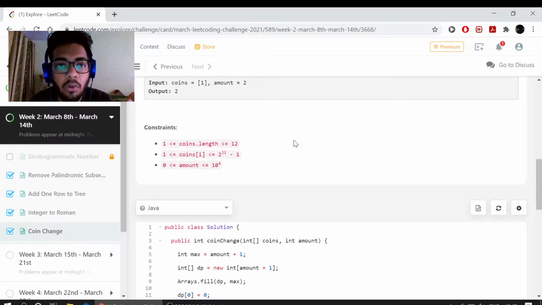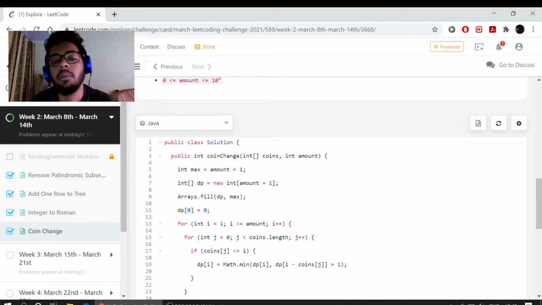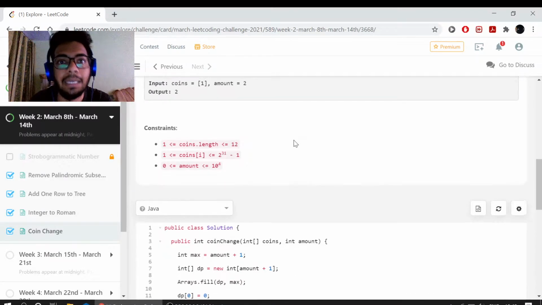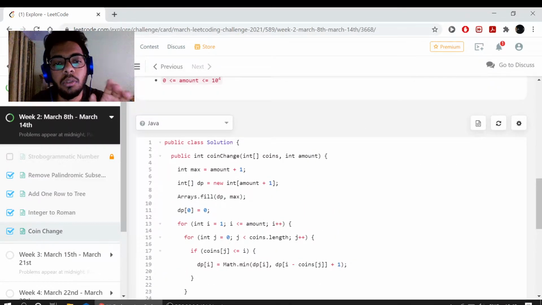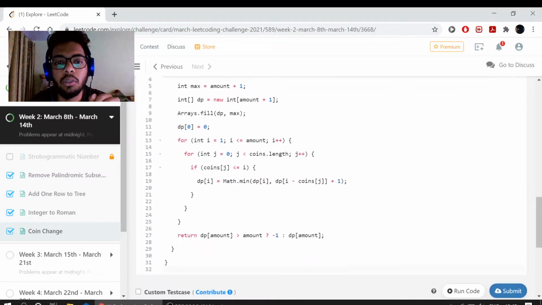And how do I solve it? I solve it using DP, because where do we learn this problem? In dynamic programming. Although what I did is I took the bottom up approach instead of the top down approach. So what I'm doing is